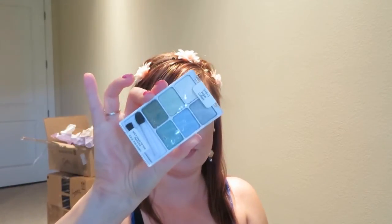I picked up these palettes from Wet n Wild that I haven't really played around with, but I'm gonna do a tutorial with these real soon, like a compilation series or whatever. And I picked up Vegan Culture, Final Collection, Thrift Store Chic, Embrace Obscurity. And I originally was only going to go ahead and get Vegan Culture and Vinyl Collection, but then